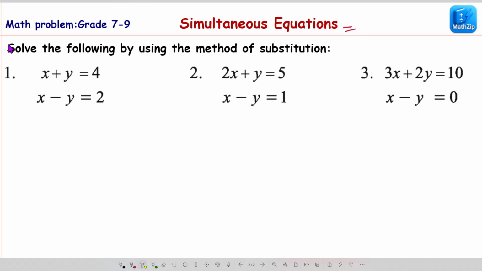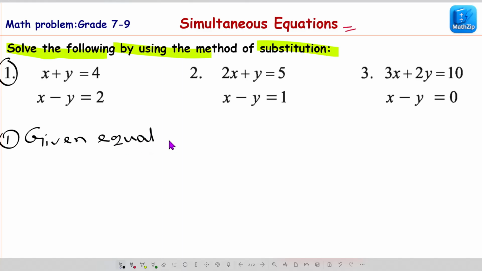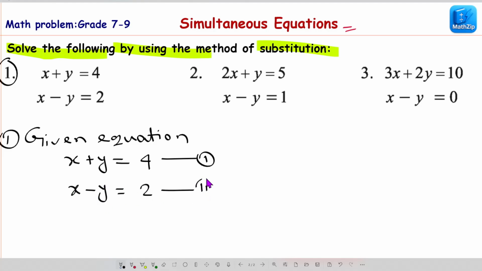Simultaneous equation. Solve the following by using the method of substitution. Number 1. Given equation: x plus y equals 4. This is equation 1. x minus y equals 2. This is equation 2. Okay, so we are trying to find out the value of x and y by the